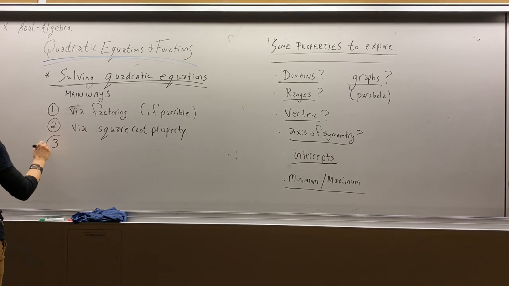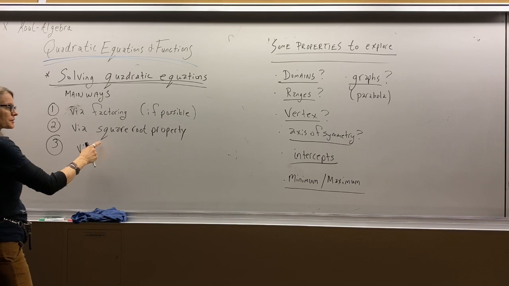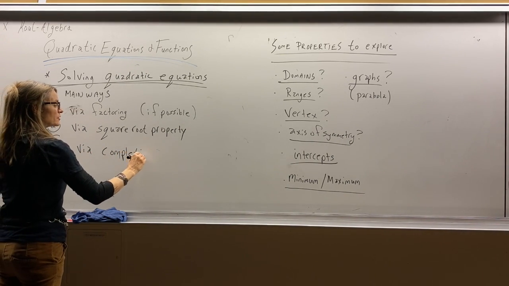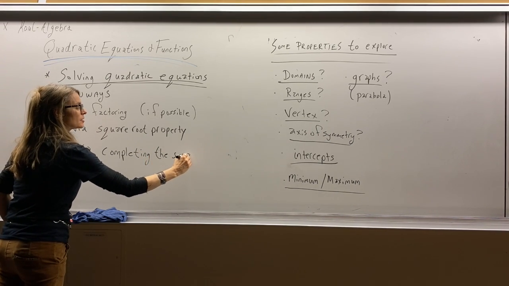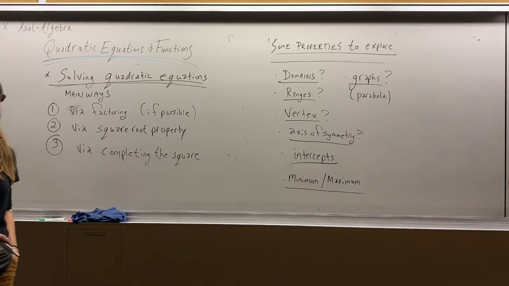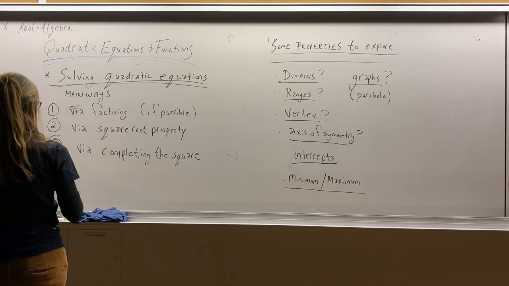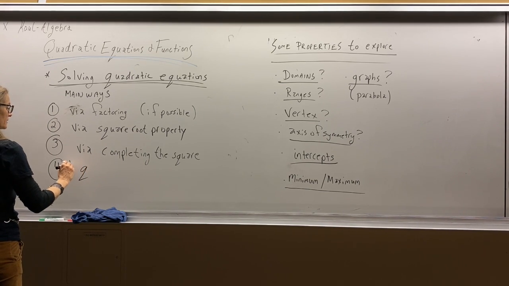And 3, what we want to look at, after factoring and the square root property, is completing the square. This is a little bit of a mess. It has a lot more detail. But the technique can be useful if you want to put a quadratic in vertex form and solve for the vertex. And 4 is via the quadratic